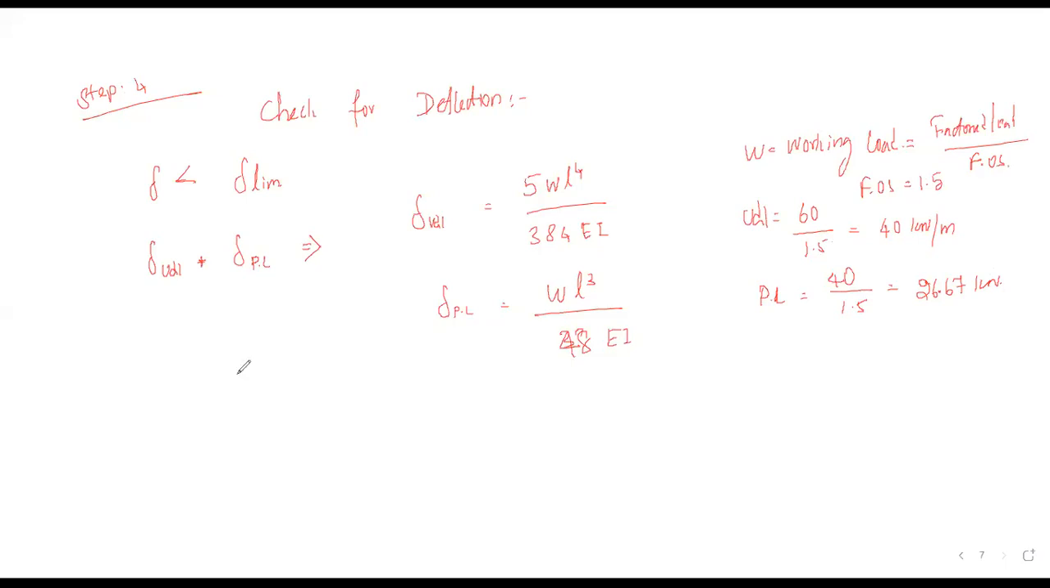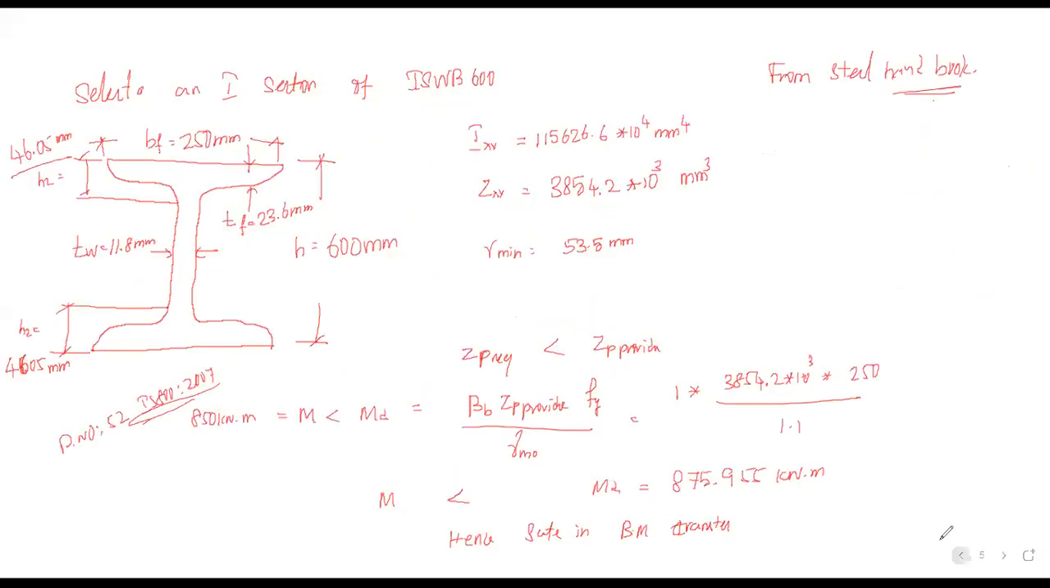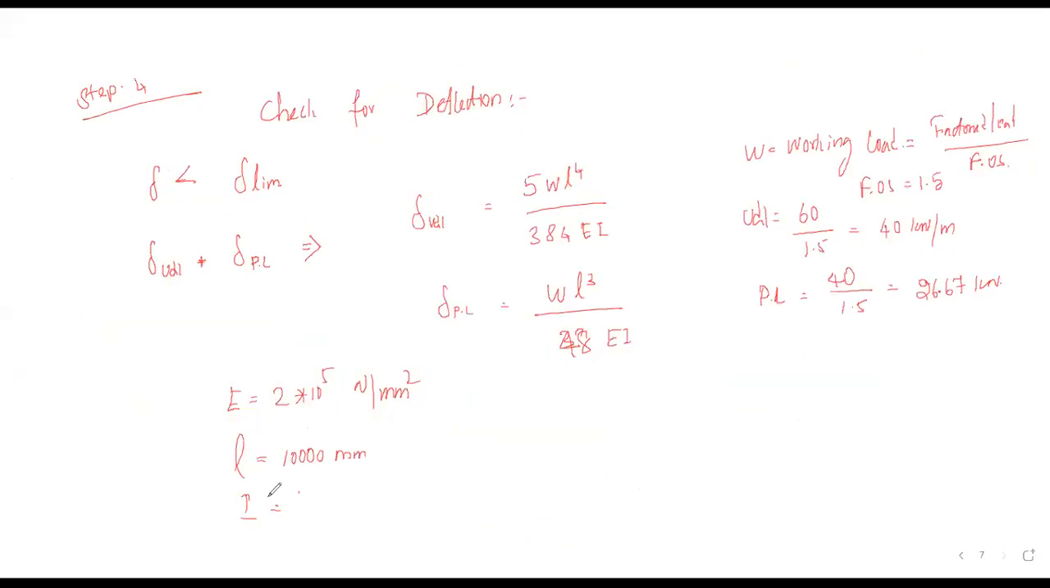Then we know that E is equal to 2 into 10 to the power 5 Newton per mm square. L is given as 10 meters, so 10,000 mm. The I value we got from the steel handbook, 1,15,626.6 into 10 to the power 4 mm power 4. So substitute in this formula so that we can get